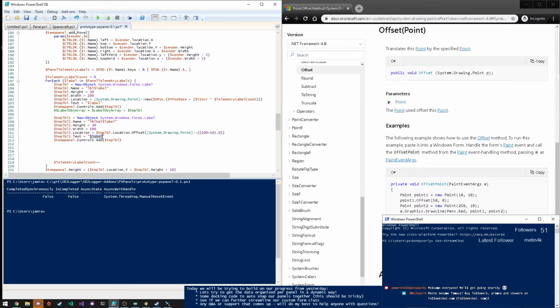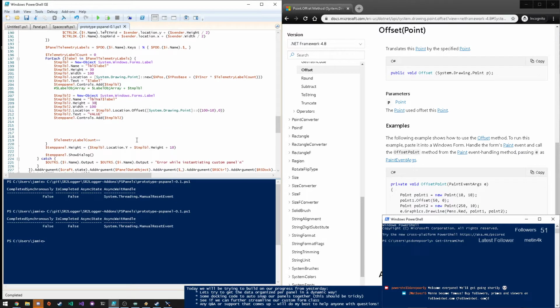I think that should work. Text equal value, and template to add. So I think that'll work. I think we could try that out. We'll give it a go. Let's see. Wow. Okay, no. No, there's nothing wrong with that there. Oh, really? No, that's not a... I suppose I could,